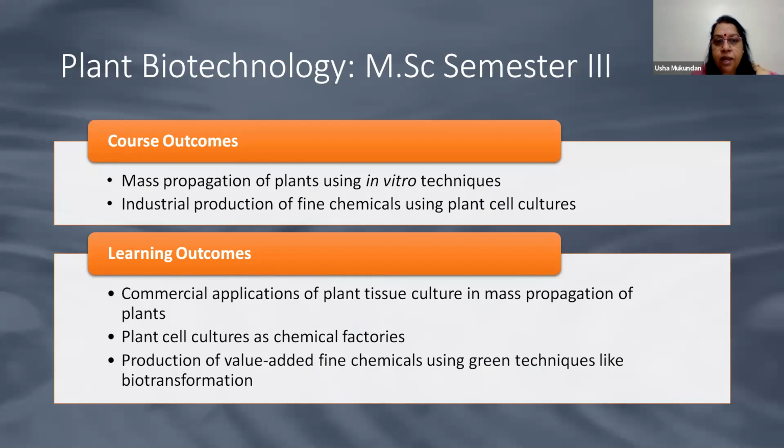In MSc, each paper you will call a course, and it is of 4 credits. So you are studying 4 papers, so you have 16 credits. But as I told you just now, you will be doing 2 extra papers. Plant physiology students will be doing from biotech, and biotech students will be doing from plant physiology. So you are doing 8 extra credits, which will mean a lot.